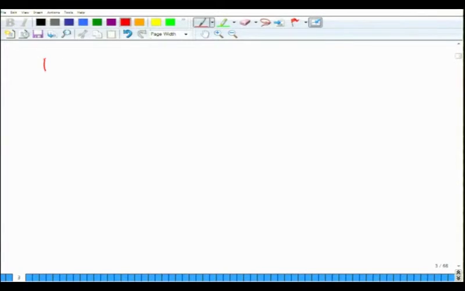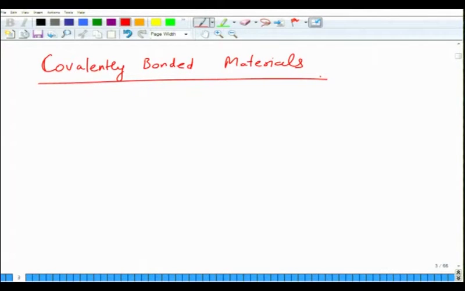So now we will look at the case of what we call covalently bonded materials. And this is again an important class of materials, because there are a lot of materials which have covalent bonding. For example, you take